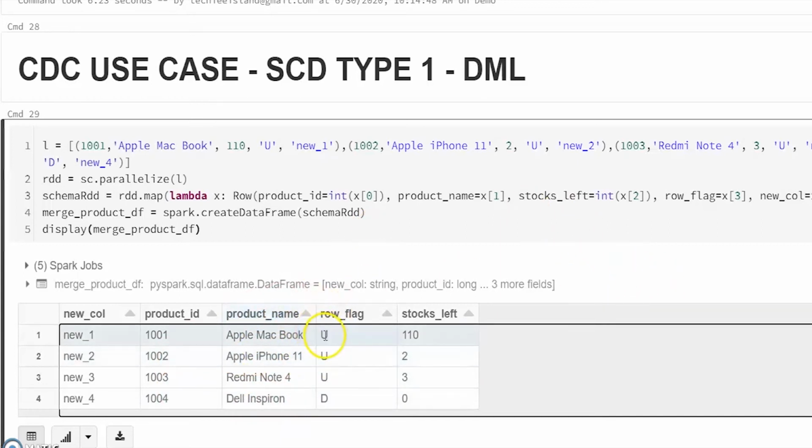When there is an insert flag in your source data frame, that is considered an insert in your Delta table as well. When it is an update, it should update the complete information changed in this particular record to your Delta table. When there is a delete flag, that record needs to be deleted from your Delta Lake.